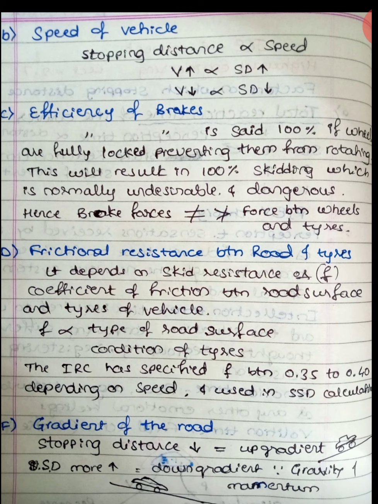In earlier days, if you apply a brake, there is a skid distance we used to consider, that was more. If a vehicle is running at higher speed, skid distance is more. If the vehicle is running at lesser speed, skid distance required will be less. But present day technology has developed EBD, ABS, and brakes like disc brakes are coming. And because of that technology, we are not able to stop the vehicle instantly, and that is not good also,